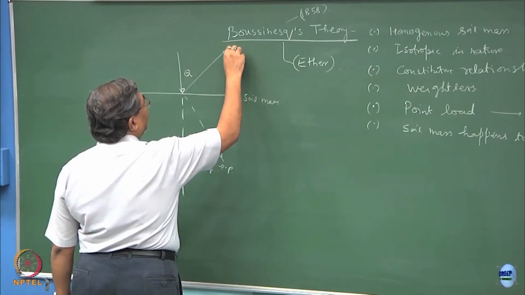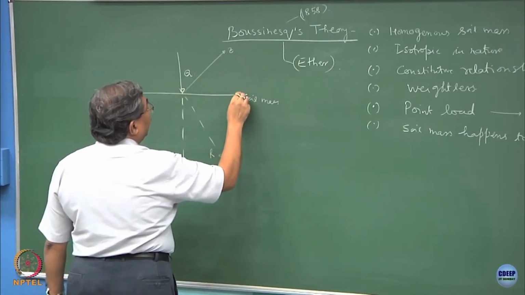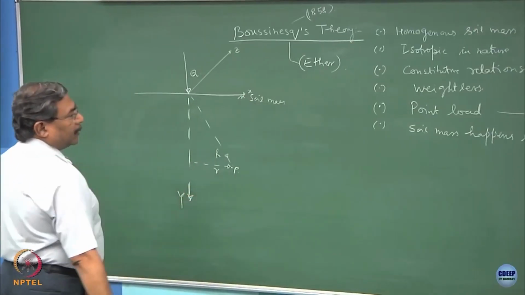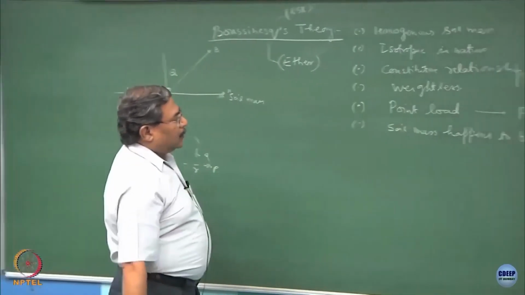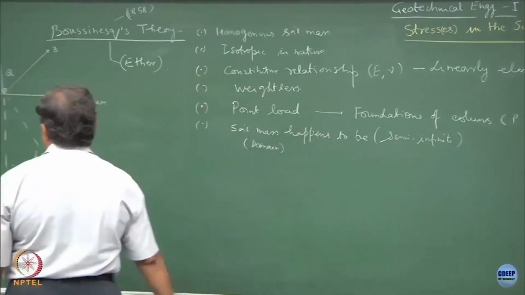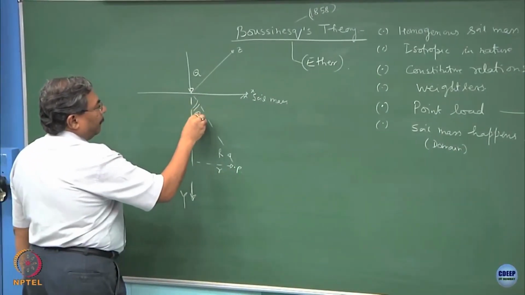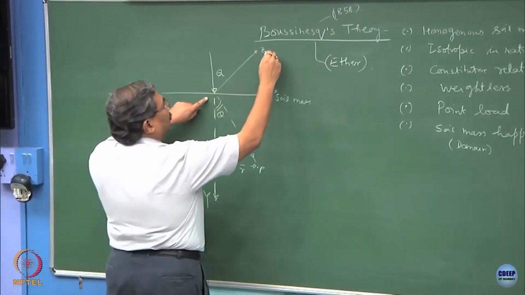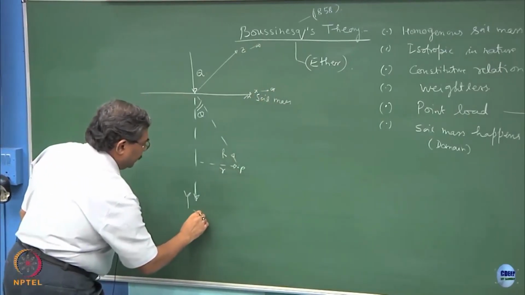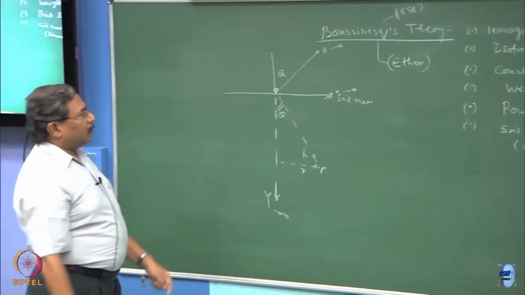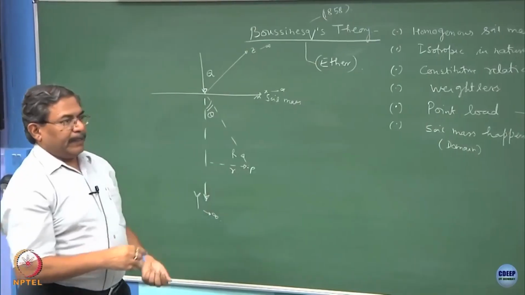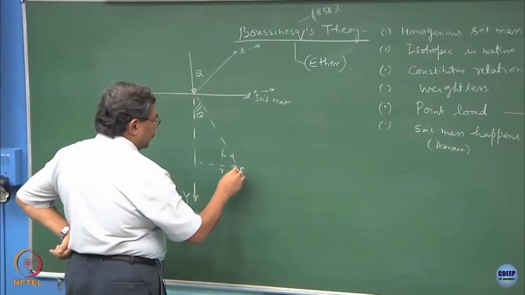if this is the direction of Z, this is the direction of X, and if this is the direction Y, we are considering the domain. So, soil mass is nothing but the domain in which we are doing the stress analysis. This happens to be semi infinite. So, Z is tending to infinity, X is tending to infinity, Y is tending to infinity. So, this is the domain in which we are doing the stress analysis. What is the state of stress at point P? The state of stress at point P would be